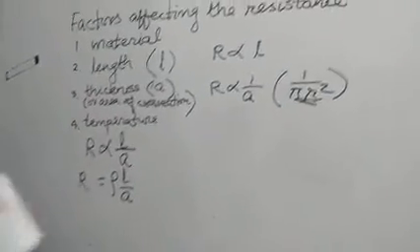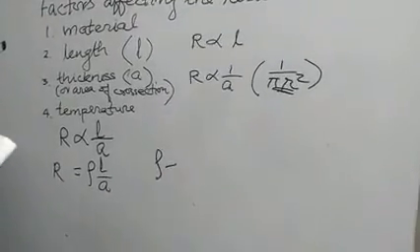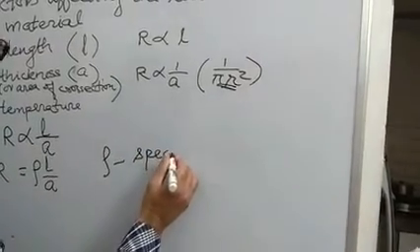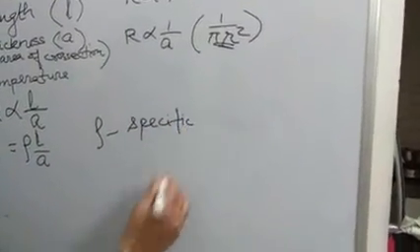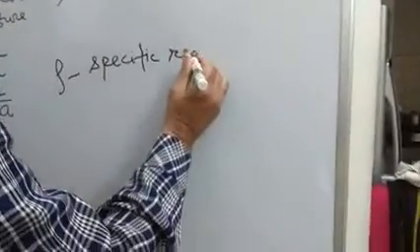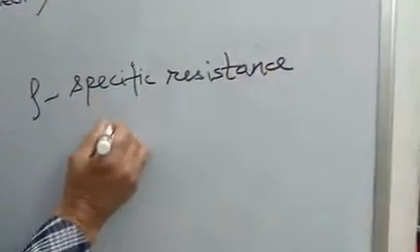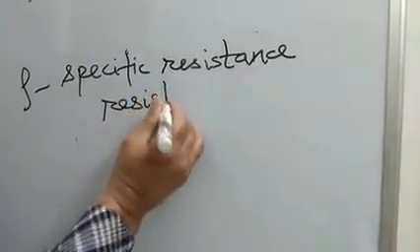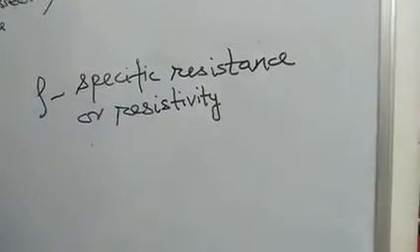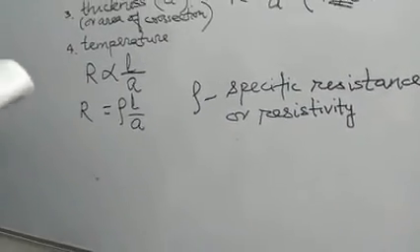So this rho is called the specific resistivity, the specific resistance, or just resistivity. It's not just the resistivity, it's the specific resistivity. And from here,